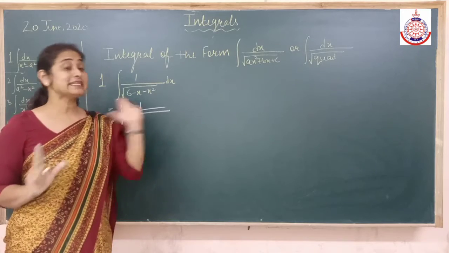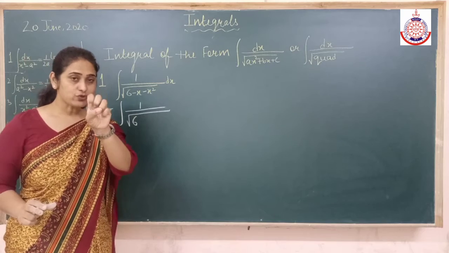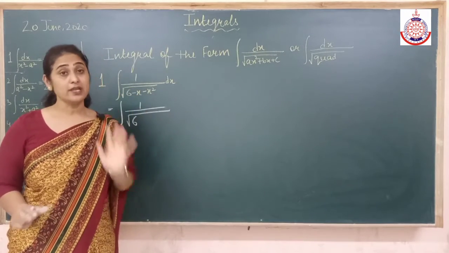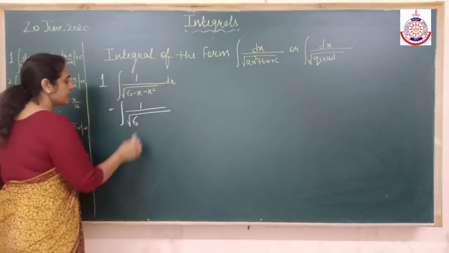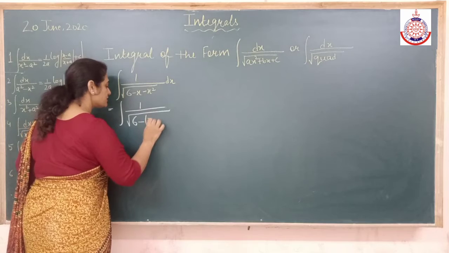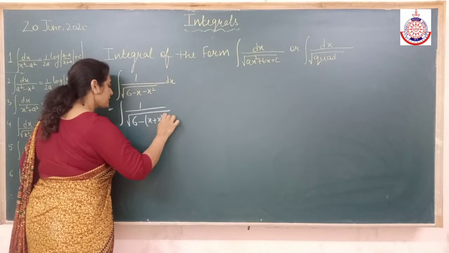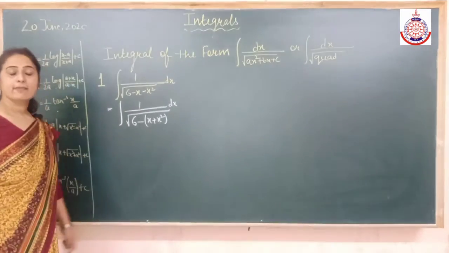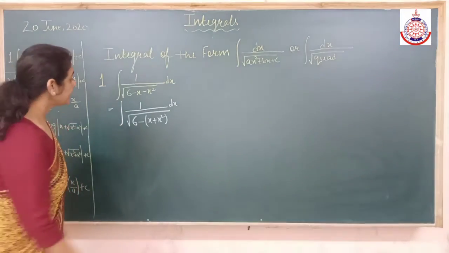So that we cannot do. From under root minus cannot go out, so we have to make the coefficient of x square 1, but inside the under root only. You don't have to take it outside. So what am I doing? I am just keeping it like this, minus common from these two terms. Alright, fine.